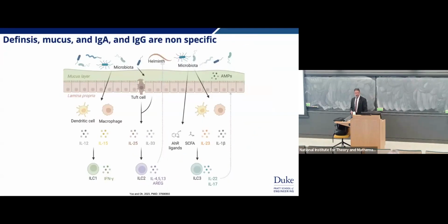All right. Instead, what happens is you might have defensins. So you might have things like IL-23 and IL-1 beta, which might affect your bacteria, but they seem to be species non-specific. So it doesn't seem like there's a good way of capturing the set point that our bodies seem to have, right?